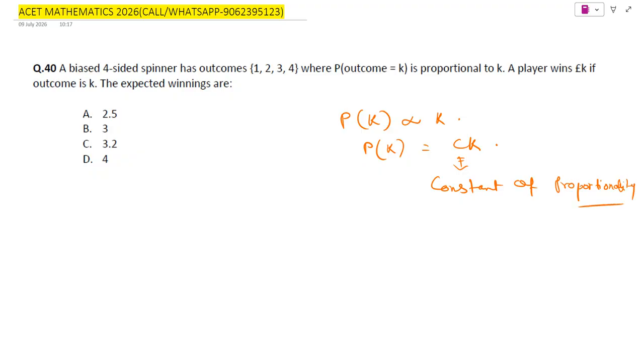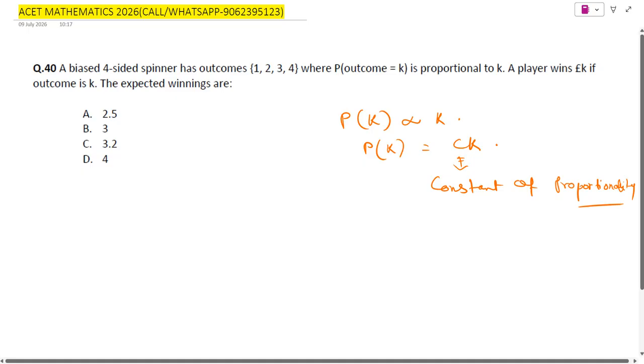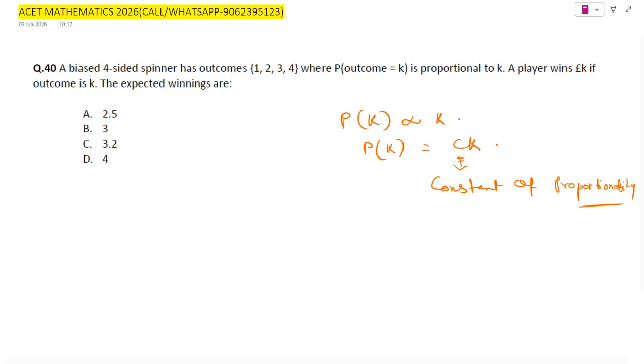Okay. So whenever you see the phrase probability is proportional to, immediately think of this. So this simple step solves almost every proportional probability question in the ACET. Now, the spinner has four outcomes. Their probabilities are,